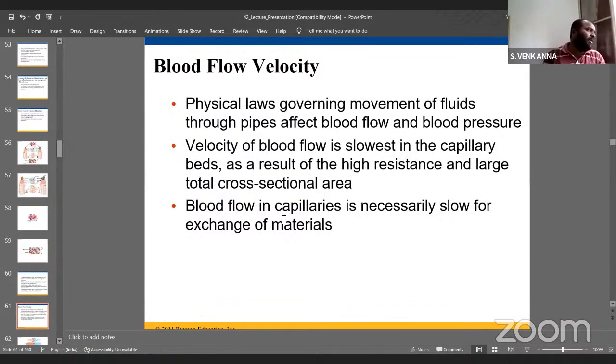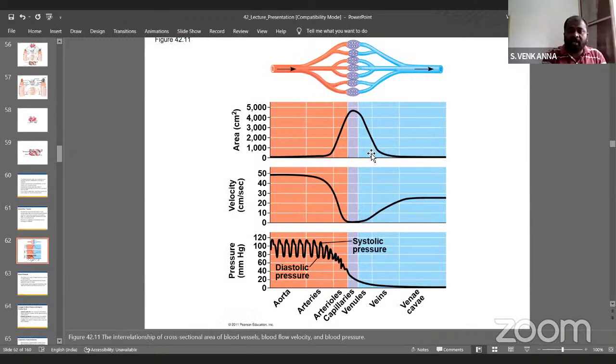In vertebrates, blood circulation has velocity. The physical laws governing movement of fluids through pipes affect blood flow and blood pressure. Velocity of blood flow is the slowest in the capillary beds as a result of the high resistance and a large total cross-sectional area. The blood flow in the capillaries is necessarily slow for exchange of materials. So here the capillary layer is very small. So this is the image of layers,